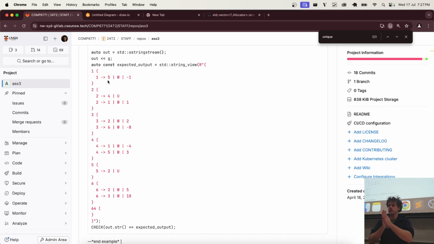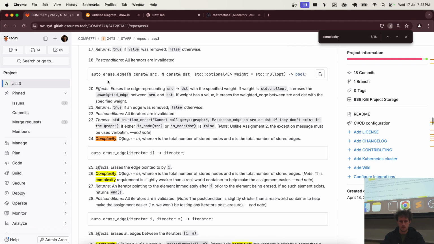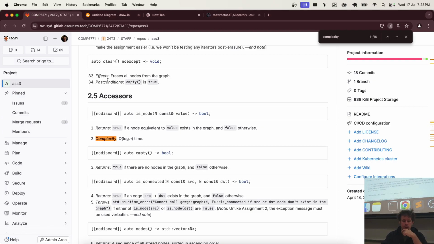Cool. Oh, yeah, just about time complexity. There's no stress testing of code, but tutors will be asked to manually glance at stuff. So anytime we mention a time complexity, it's usually because we would like you to think about it a little bit more. A good example here is log n time. We're implying that you should be using an STL algorithm, because a vector search, I think,